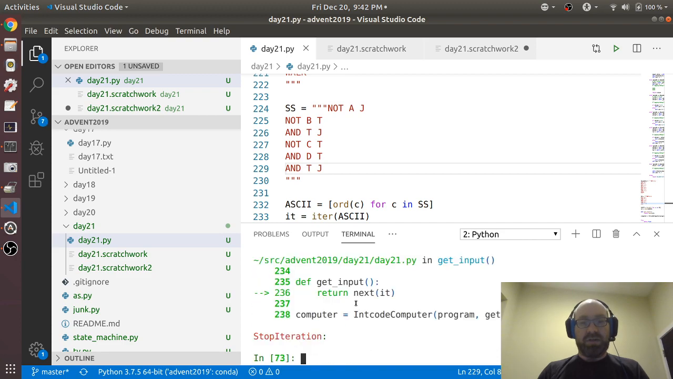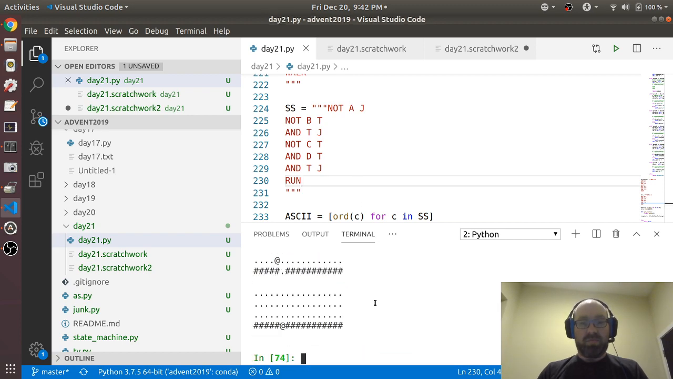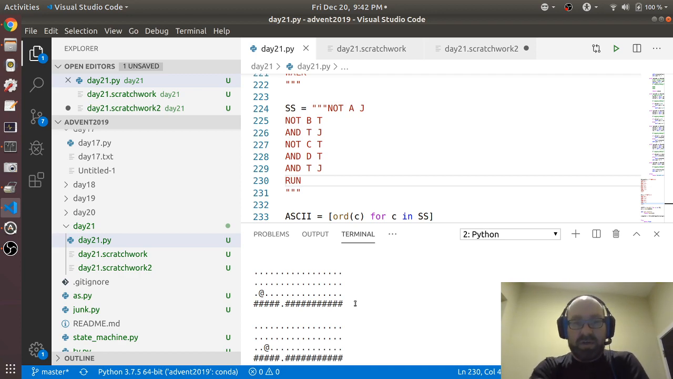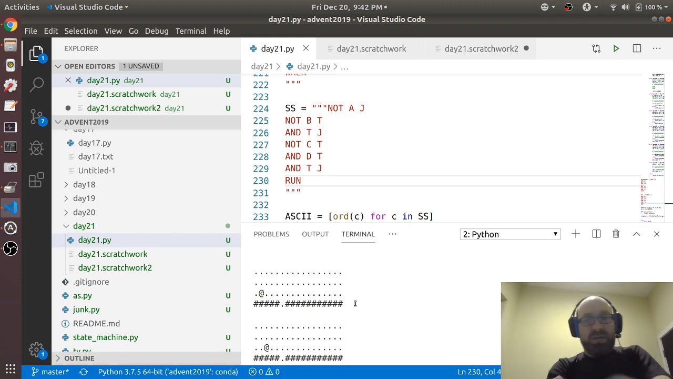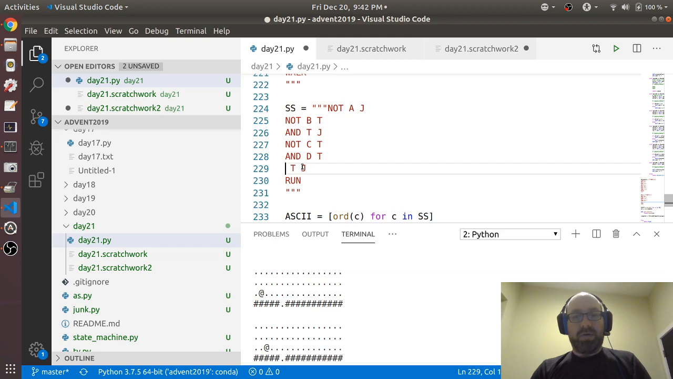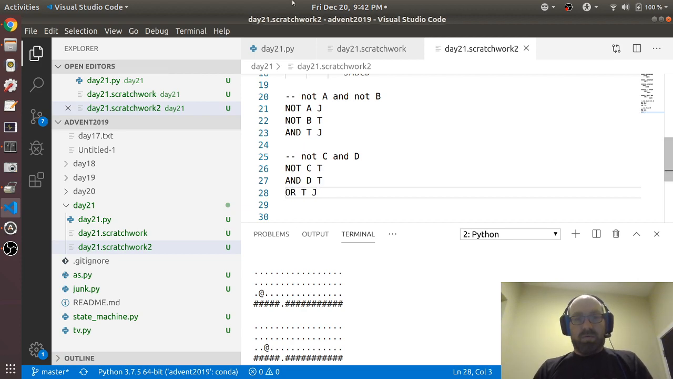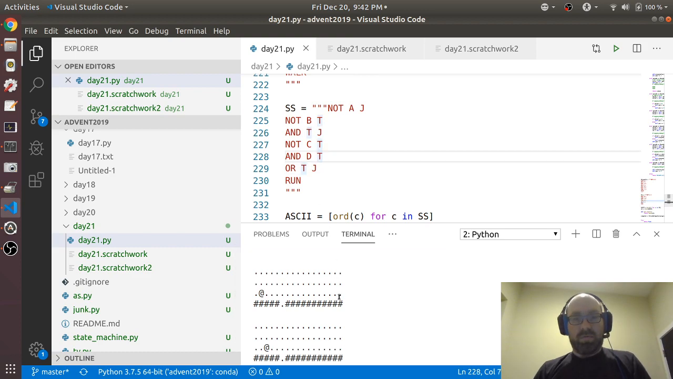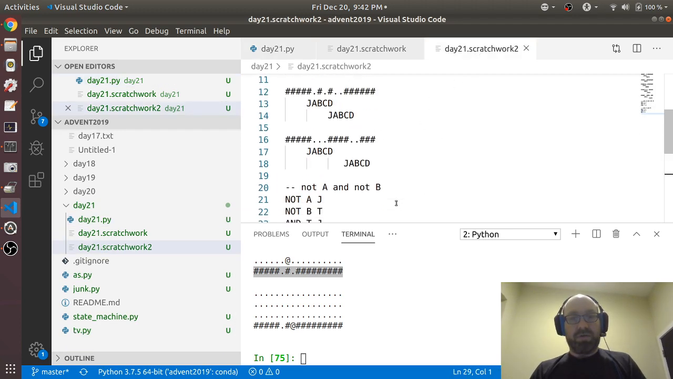still not using the extended ones. And I wiped out run. Okay, so I'm still dying on the same one. So how could I do that? Not C and D, and this should be or. So if either of those is true, and so now this gives me a different problem, which is